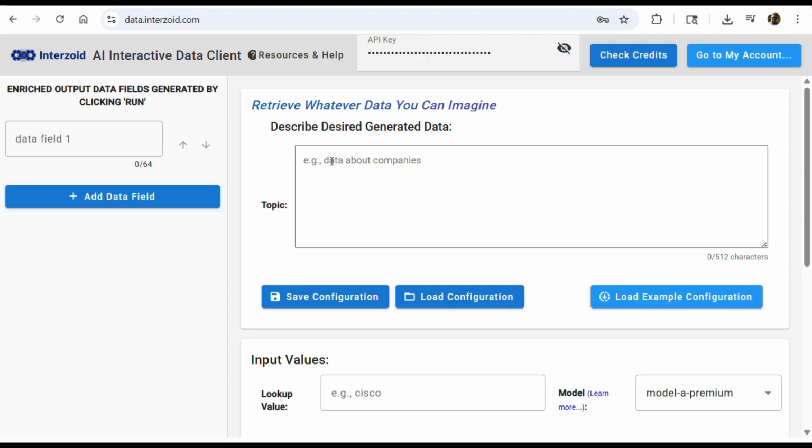So for example, we might be looking for data about companies or specific data about companies. We simply describe it here in this topic text box. And then we're going to add the output fields, the fields that we want, the structured data that we want to return based on our request. So we can add multiple data fields here. And then we simply add a lookup value. So for example, if I want data about companies and I enter website address, revenue, and so forth,